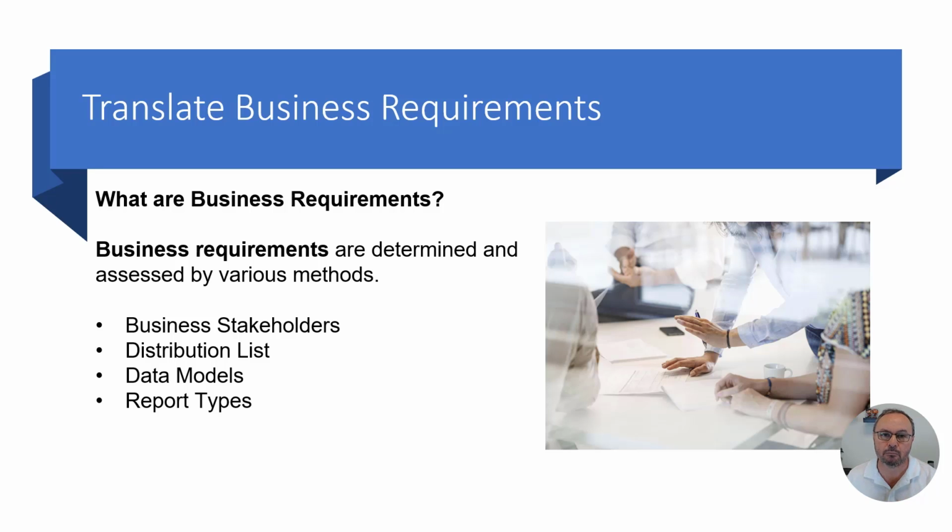It could also be the data models we use. So, for example, if we want to use data models that are going to be more descriptive or more statistical, then that's great as well. Report types also will certainly matter. So, for example, I'm going to probably use a different type of report with different details for executives than I'm going to use for the application stakeholders as an example. So your audience is going to really determine this as well. With that said, let's go ahead and proceed to the